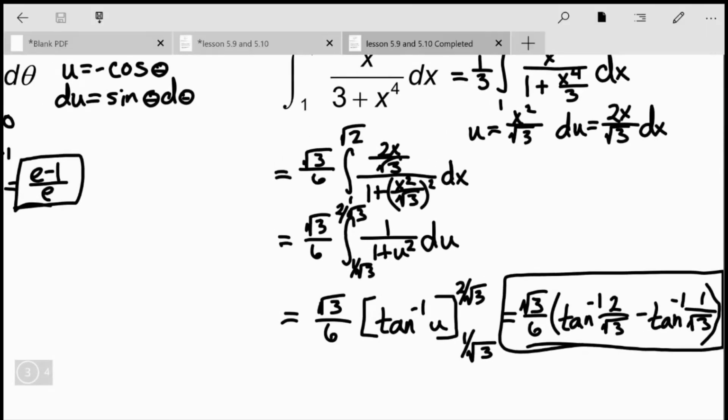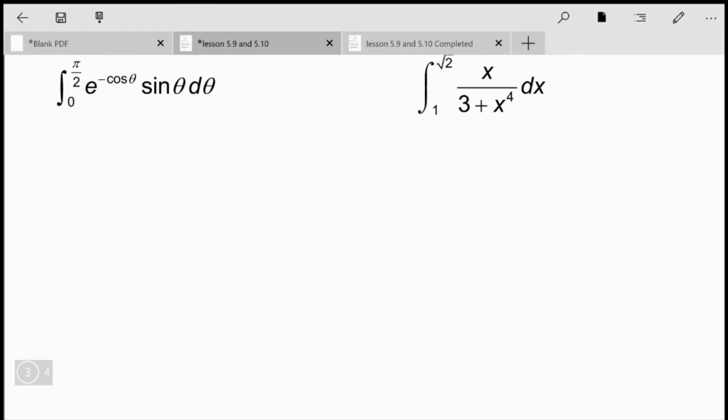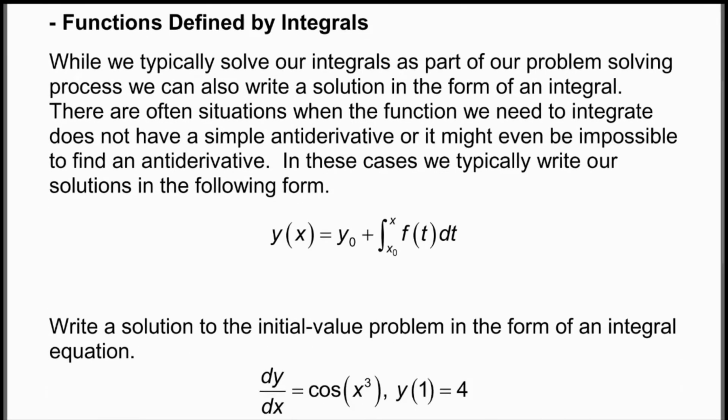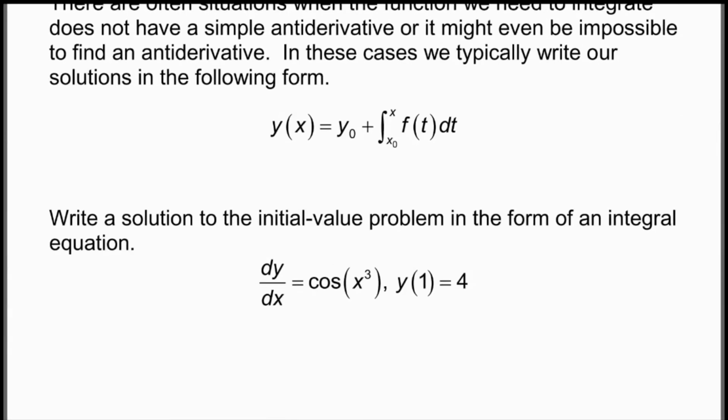Okay, so the last thing that I have for you here in this unit is what's in this last section. So really what this is primarily focused on is the idea of a function defined by an integral. And there's a little bit of problem solving involved in this section, but we talked about this before, so I don't really want to spend a ton of time on this, but just as a reminder, this will be in problem solving scenarios, but when we have a derivative and we want to write a function that is the antiderivative function of that,